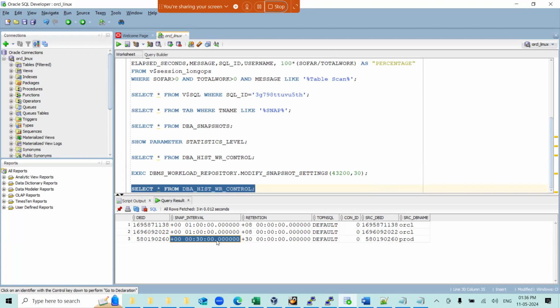So better to go with a shorter time span for the snapshot. Though it will also use more space in SYSAUX, because you have decreased the snapshot interval, the snapshots will be taken more frequently. So this will also increase SYSAUX utilization. But I think that is a good idea. It is a good idea. Okay, to do that